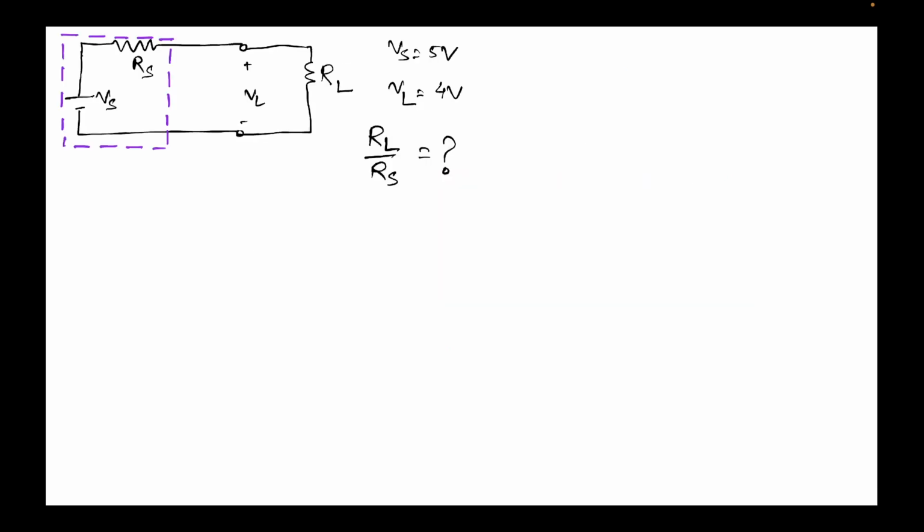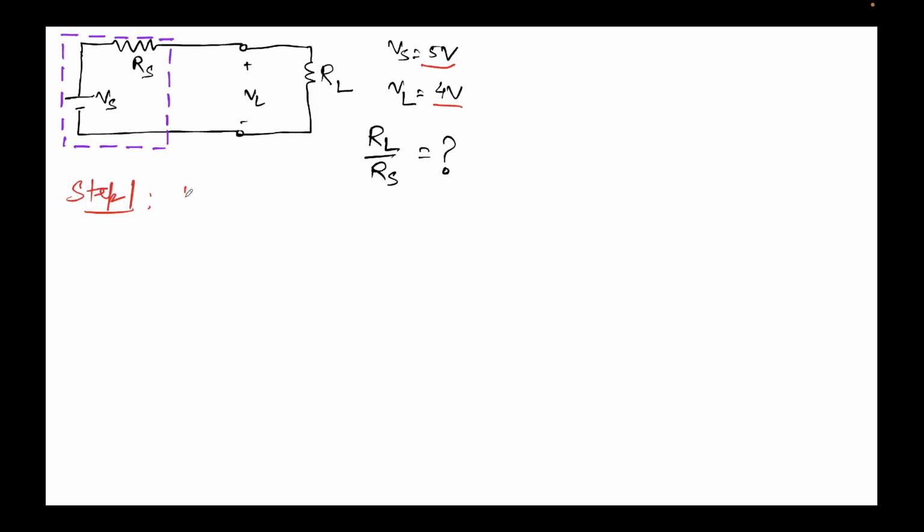Let's come back to our problem which we were trying to solve. Inside the purple box, we have a practical voltage source with open load voltage Vs of value 5 volts and an internal resistance Rs. When we applied a load RL, we were given that we read a voltage of 4 volts across the load. We were required to find the ratio of RL over Rs. As a step 1,